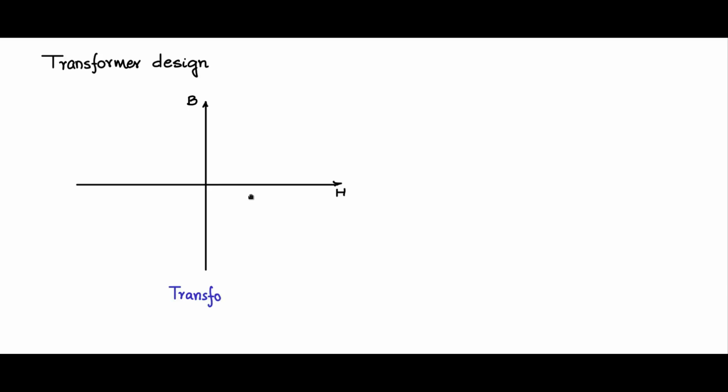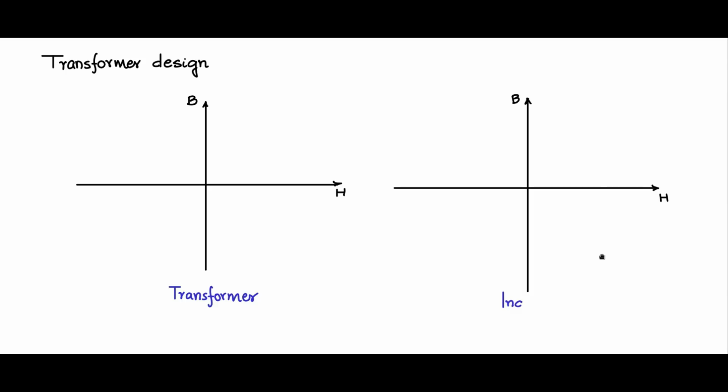of the inductor. So let us say we have a BH graph here for the transformer, and let me have another BH graph here for the inductor. In the inductor, the main job is to store energy. So energy storage is the main issue in the inductor. We want to store as much energy as possible. In the case of the transformer, it is instantaneous power transfer from the primary side to the secondary side. This is the main job in the case of the transformer, no energy storage.